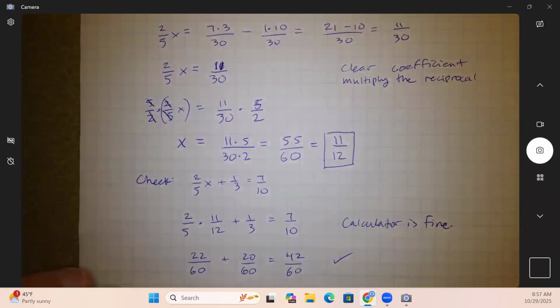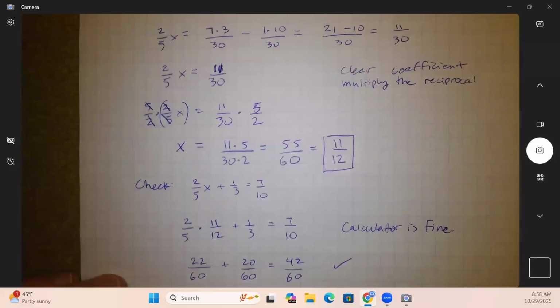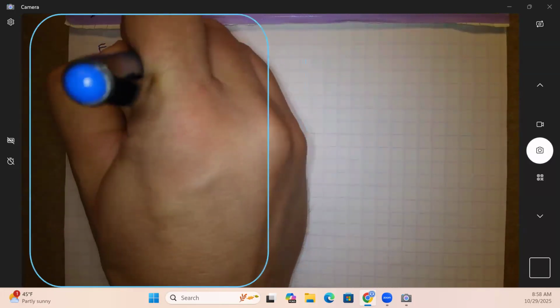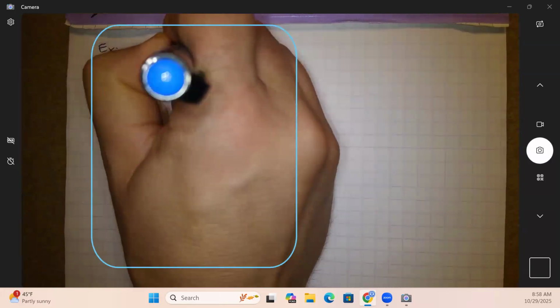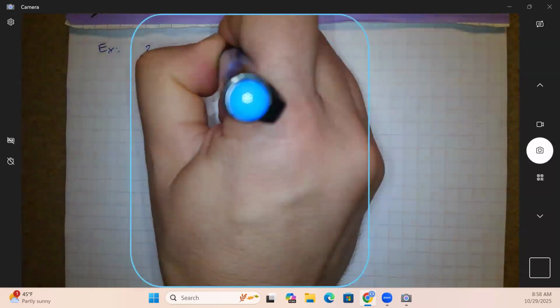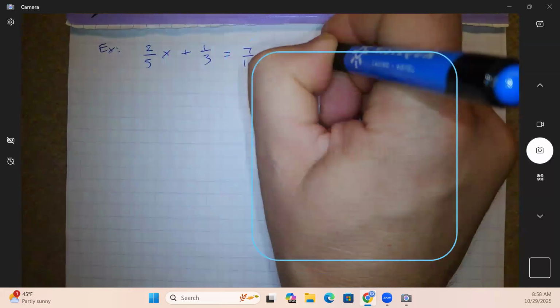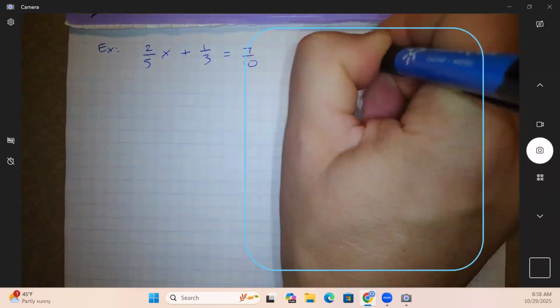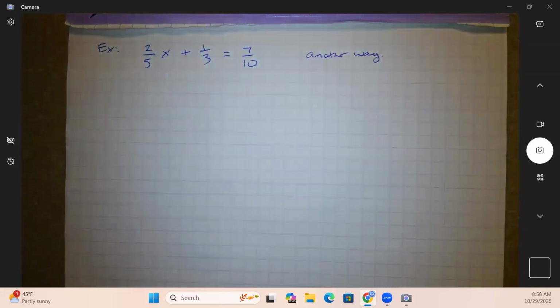All right, let me show you the other way. Which is usually fine. There are a couple times somewhere in the future where you could get into trouble. And you get to pick. So